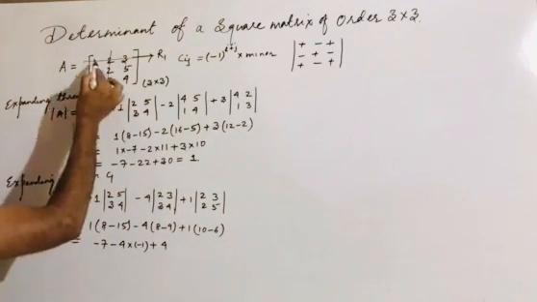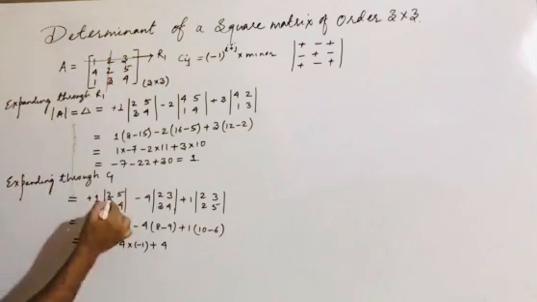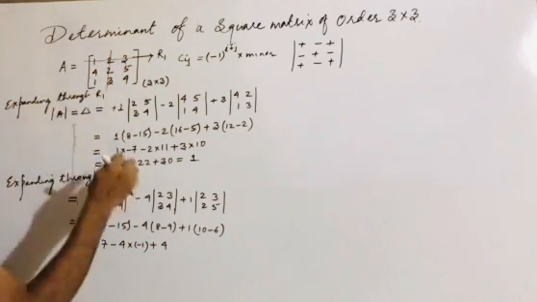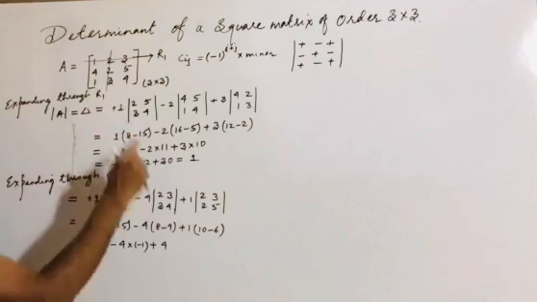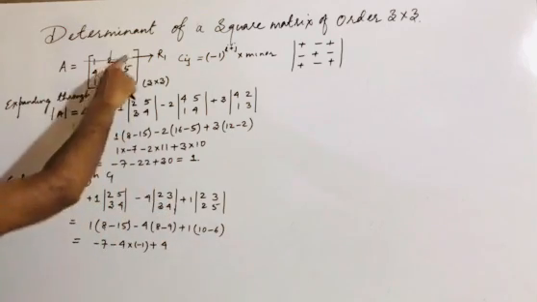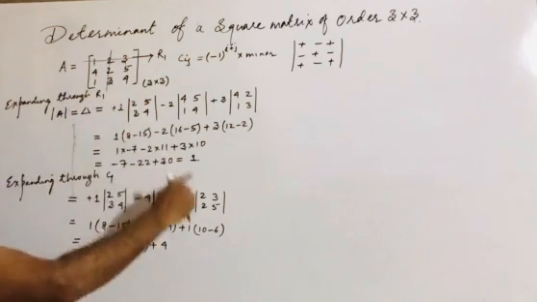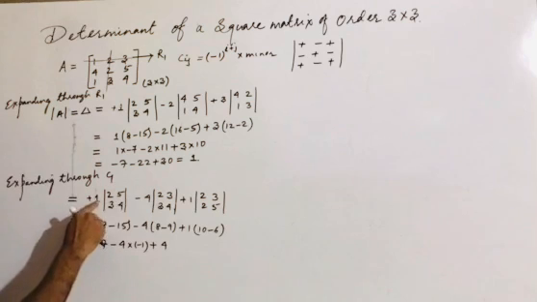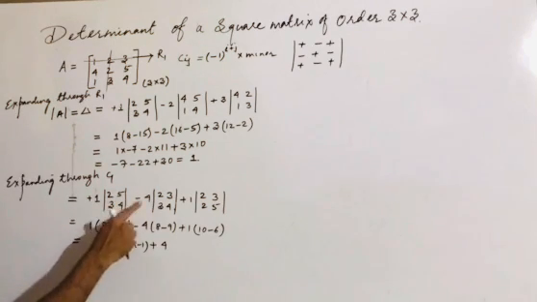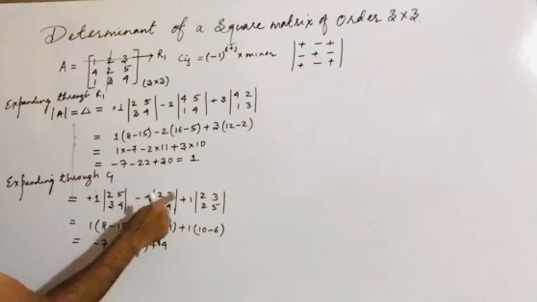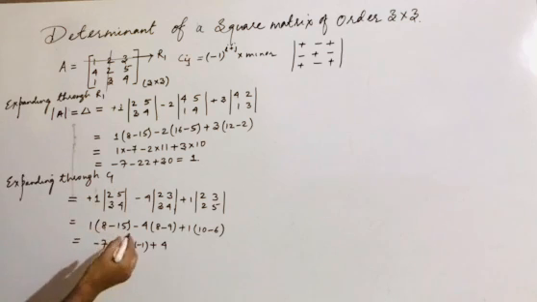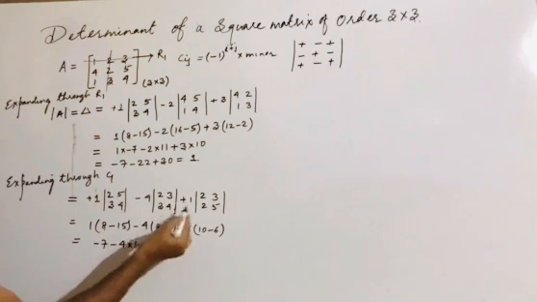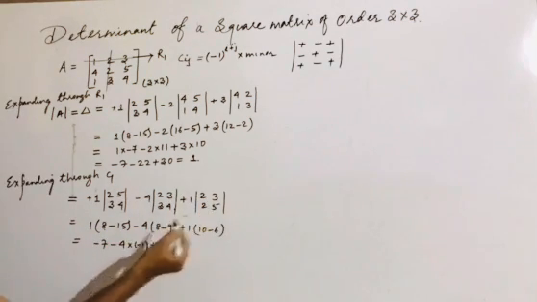So if I am talking about 1, this row and this column will be omitted: 2, 5, 3, 4. Correct? 4: this row and this column will be omitted. So this is 2, 3 and 3, 4. Correct? And if I am going to take 1, that will be equal to 2, 3, and then it is 2, 5. So 1, 4 twos are 8, minus 5, 3 fives are 15, 4, 4 twos are 8, minus 3, 3 threes are 9. So here it will be 4 minus 1 minus 9, then it is 1, 5 twos are 10, minus 3 twos are 6.